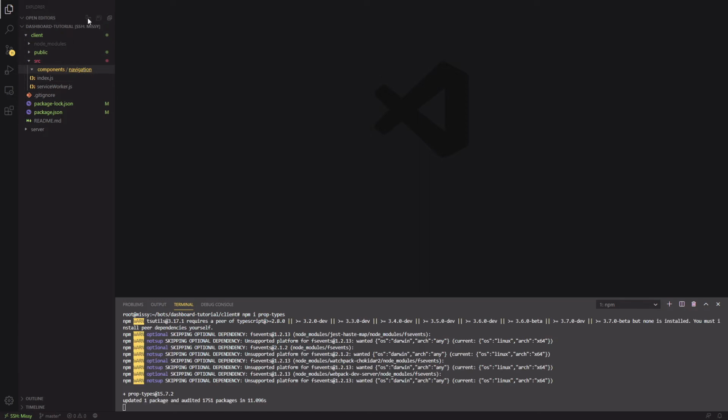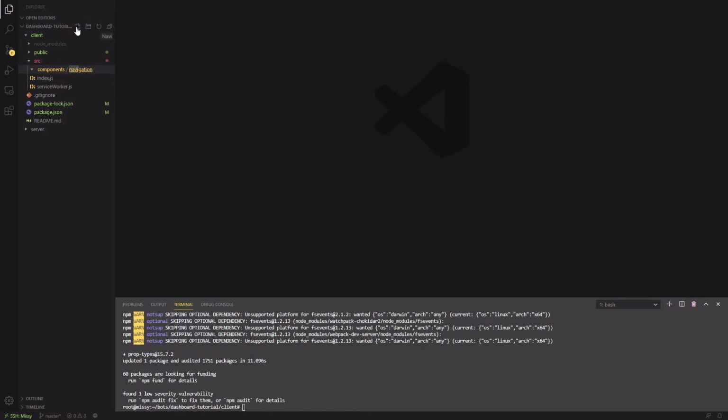Now we're going to install prop-types. Within our components folder, we're going to create another folder called navigation. And then within the navigation folder, we're going to have